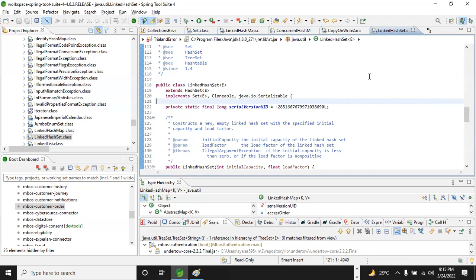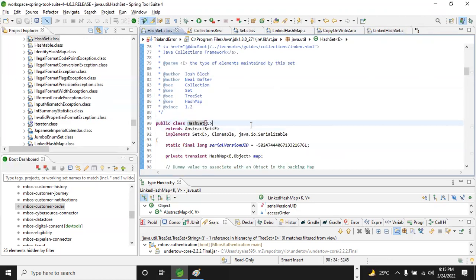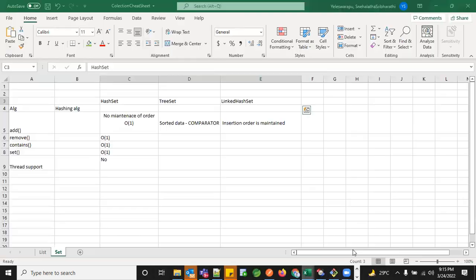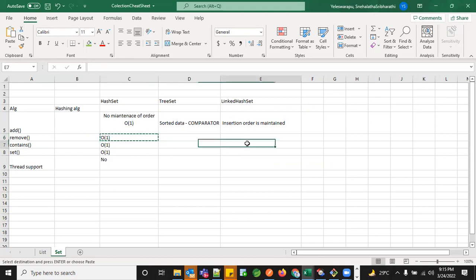In the parent class HashSet. Okay. So all your relevant child operations can be performed from your parent class. So even in your LinkedHashSet concept, you again look for your relevant map key contribution only, because your key will obviously look for your hash code. And you're not going to remove anything. You're just going to identify whether your entry is present in your set or not. So the complexity for contains in case of LinkedHashSet would remain O(1).